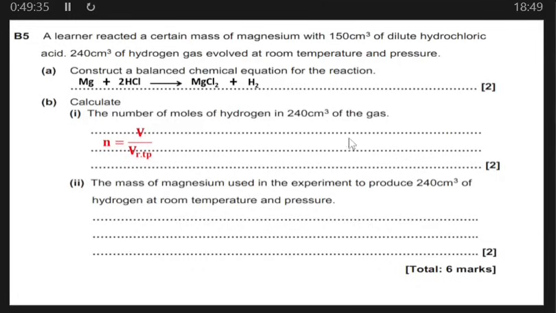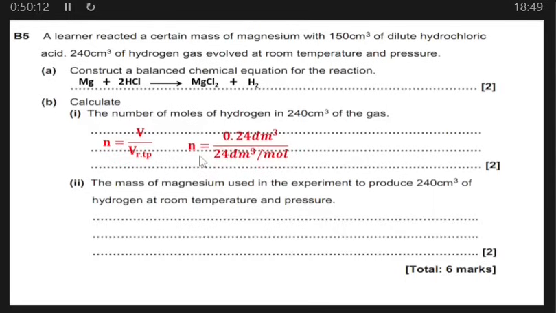So now, if we are told that at the same temperature, room temperature and pressure, 240 cubic centimeters of the gas was produced, how many moles were there? So we can use this formula. So we can say this is this volume, this is the volume at RTP for 1 mole. How about for this one? So we'll say